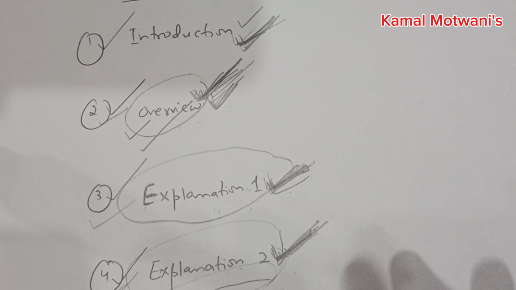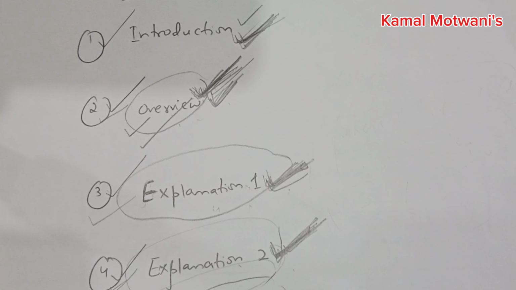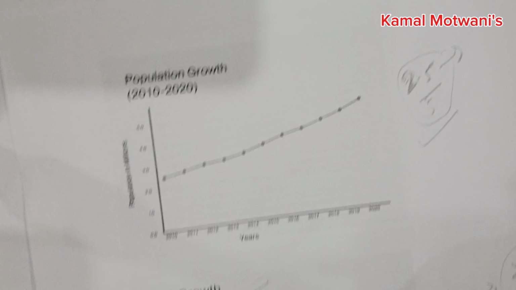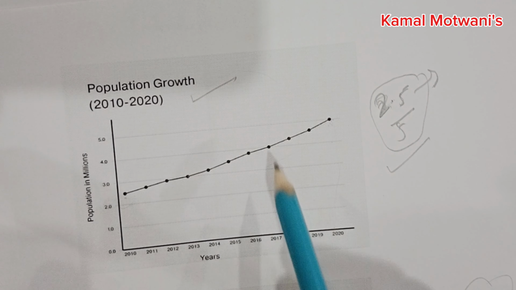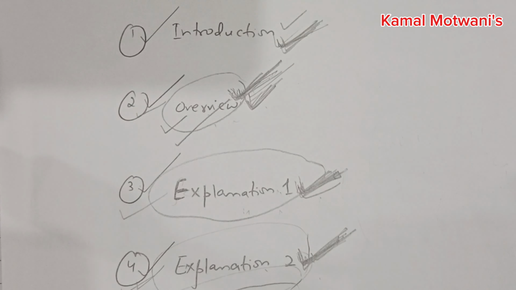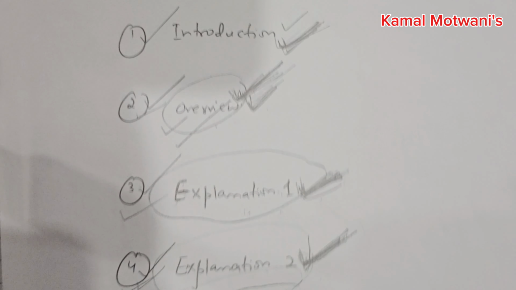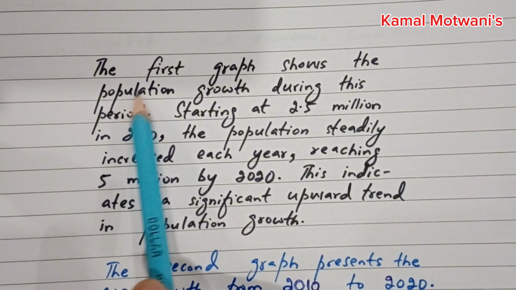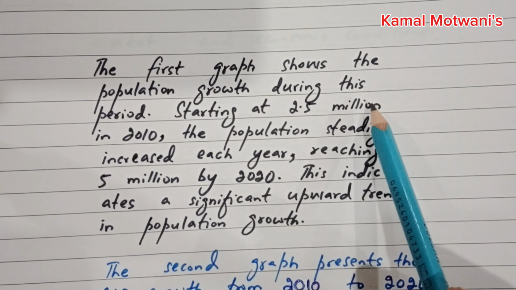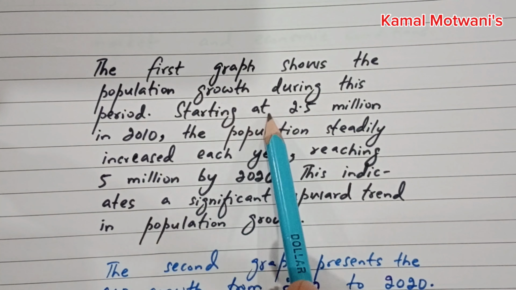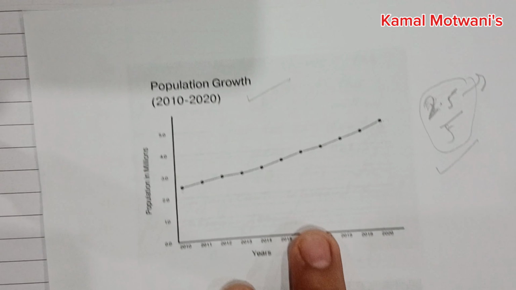Okay, then after the overview we have to write explanation 1 in the third paragraph. So explanation 1 will be regarding this first graph, which is pertaining to population growth. So we will describe this graph in the third paragraph pertaining to explanation 1. Let's see how I have written this. Okay, let's read it. The first graph shows the population growth during this period. This period means over a decade from 2010 to 2020. Starting at 2.5 million in 2010,